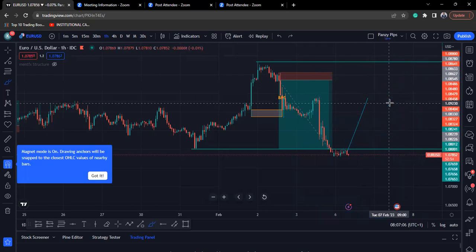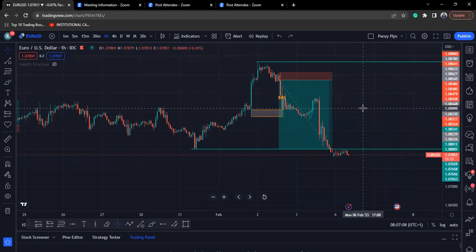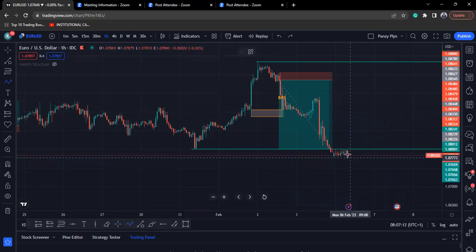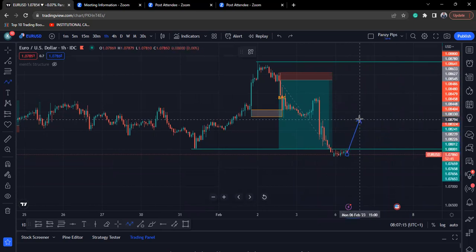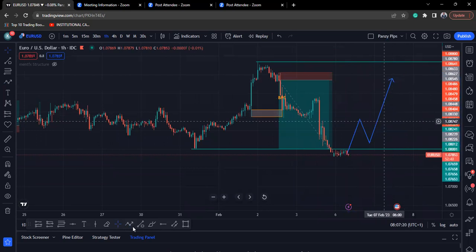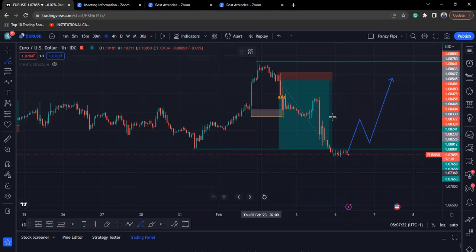Okay, so for the US dollar, not so much this morning. Not so much until we have a bullish impulse. So let's just draw that out. An impulse, a pullback, and then extension. That would be our setup. And I would like to see the market break this level